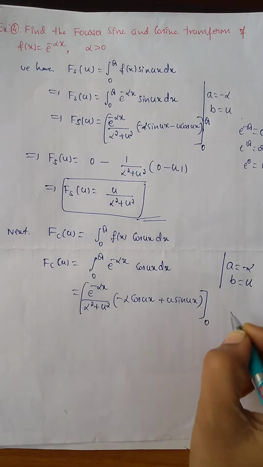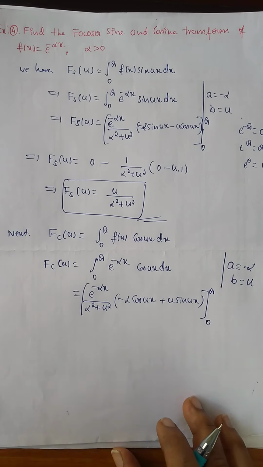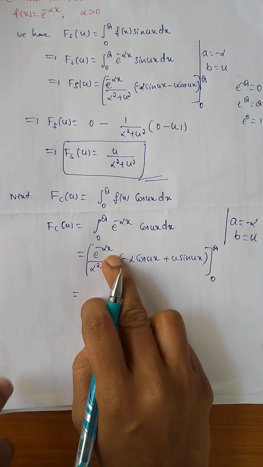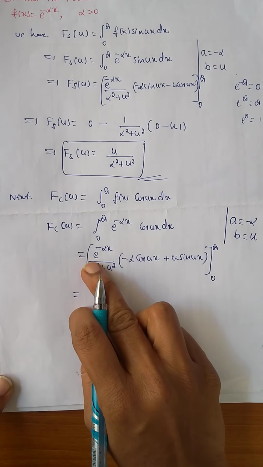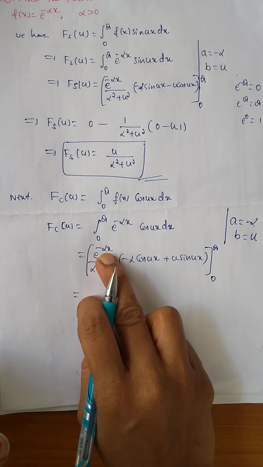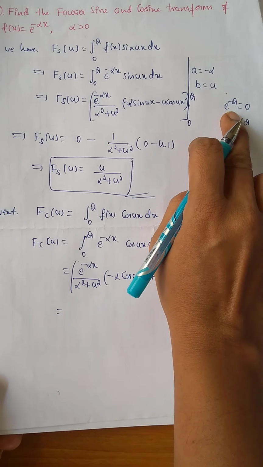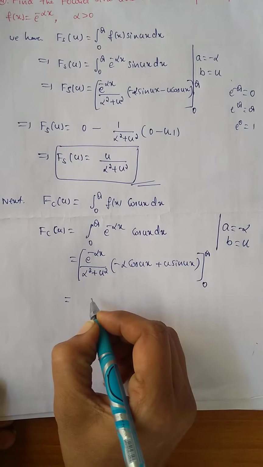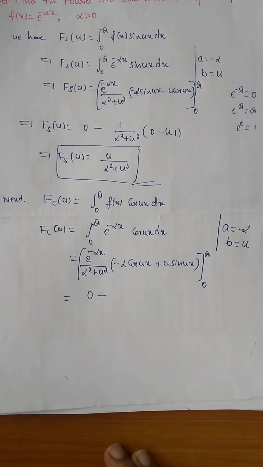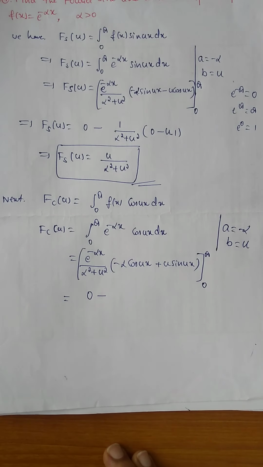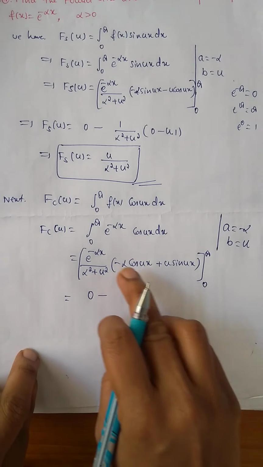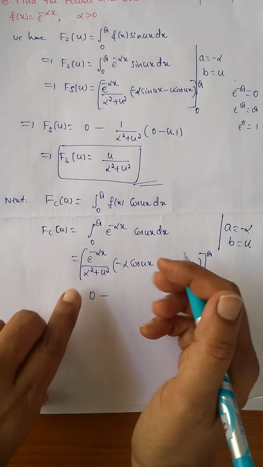So what is the limit here? Lower limit is 0, upper limit is infinity. Substitute the upper and lower limit, replacing x by the upper limit infinity. So e to the power of minus infinity. We know that e to the power of minus infinity is 0. Therefore 0 into this entire term is 0. So finally the upper limit gives 0. Next substitute the lower limit, which is 0. Replace x by 0. So e to the power of 0 gives